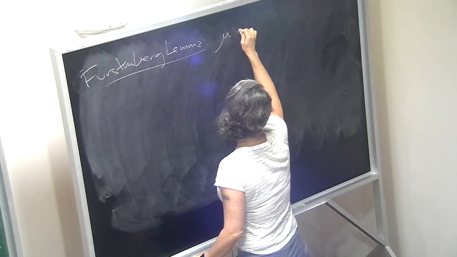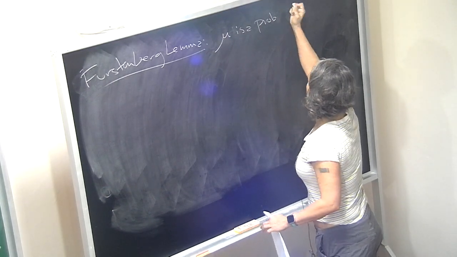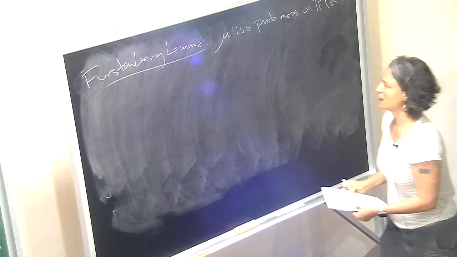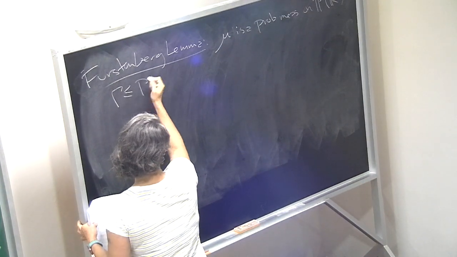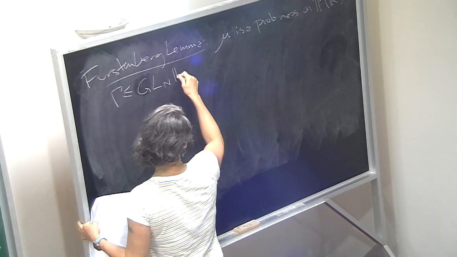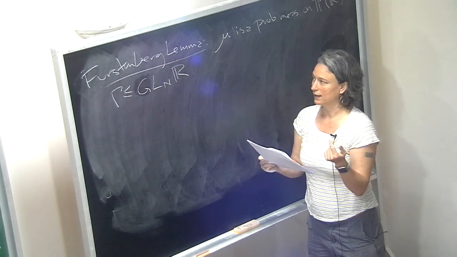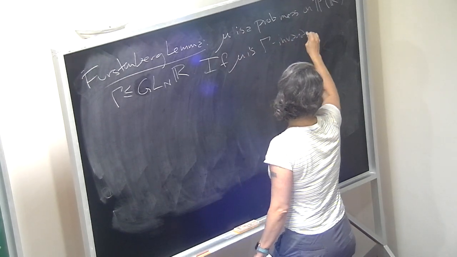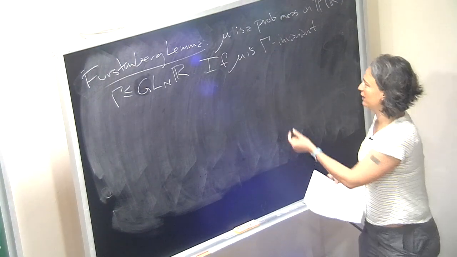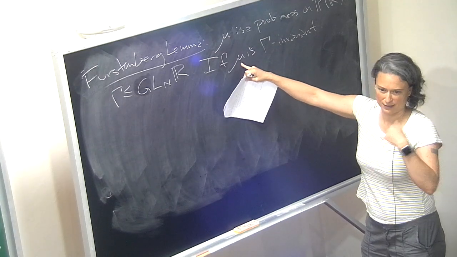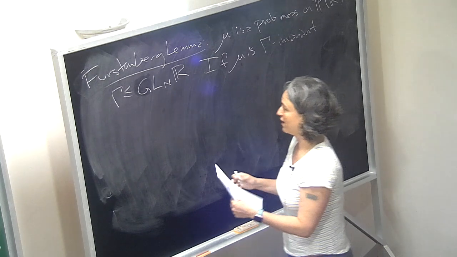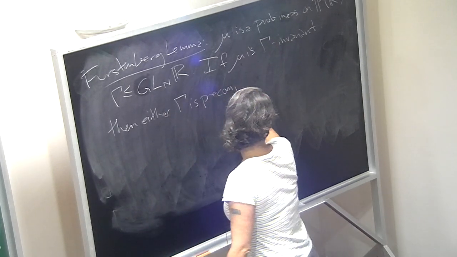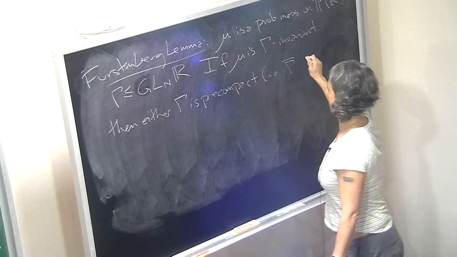Okay. Furstenberg lemma. Okay, so mu is a probability measure on real projective space of dimension n, and Gamma is just any subgroup. Okay, so if mu is Gamma-invariant, okay, what does that mean? It means that the push forward under every little gamma in capital Gamma of mu is again mu. So if mu is Gamma-invariant, then either Gamma is precompact, i.e. its closure is compact,